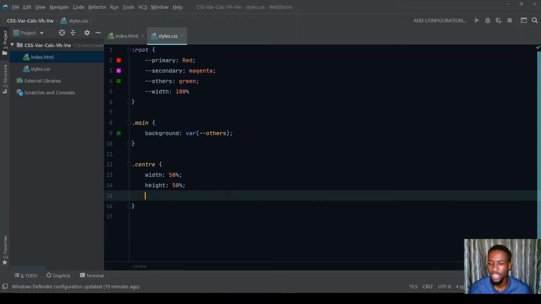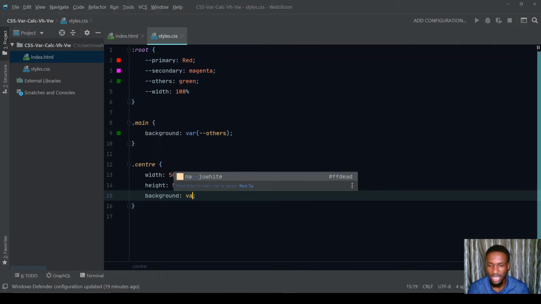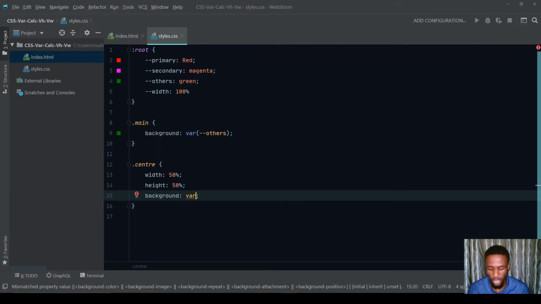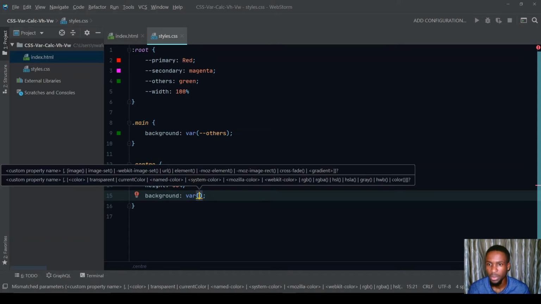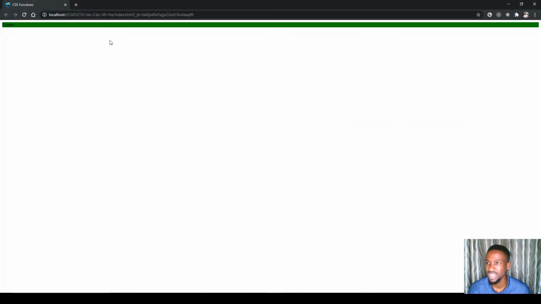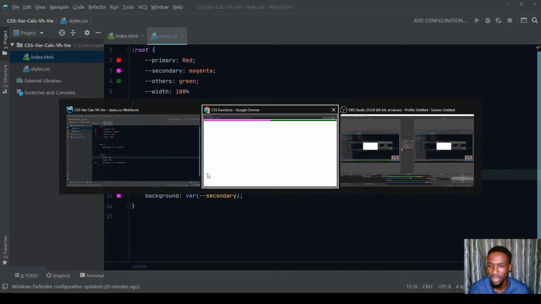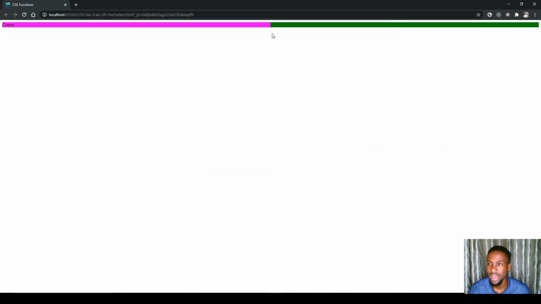So we are going to give this a background. We're giving this a background using our variable over here. Then we're going to be calling this var, and we'll be giving this the secondary color. This is actually not going to look so beautiful anyways, but just for you to understand what we're doing here. So we'll refresh this, and now we can see that our 50% width is being reflected here, but